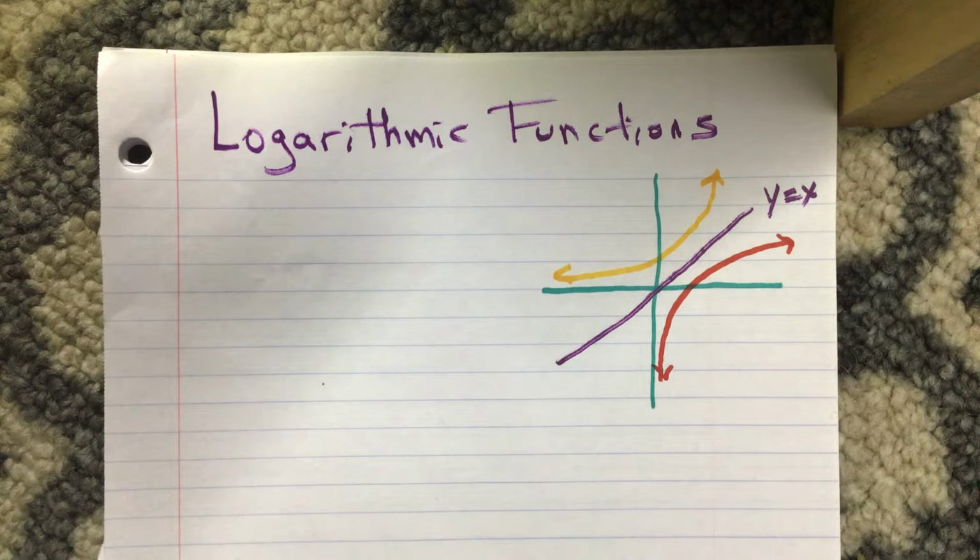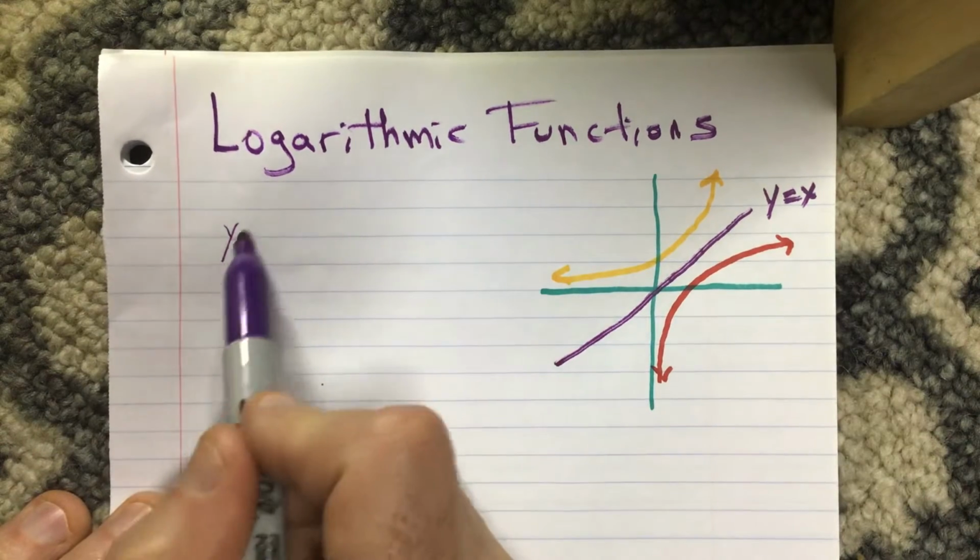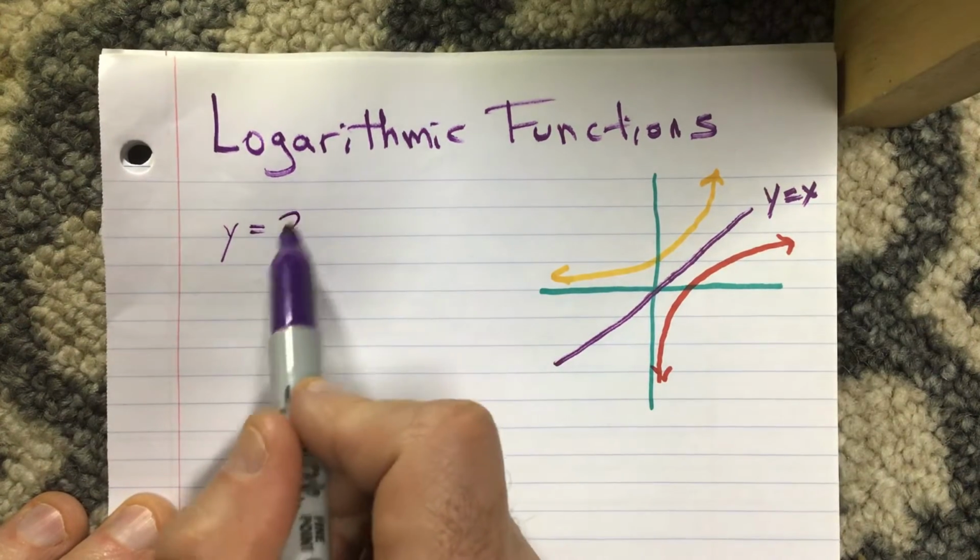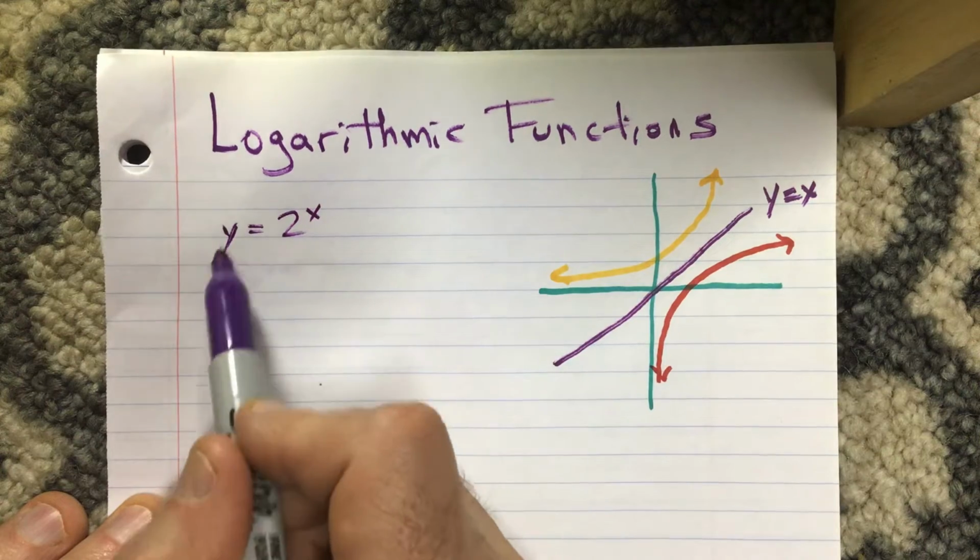how to find it. We switch the x and the y, and then we solve for y, and that's how you get an inverse function, which is always the mirror image over the line y equals x. So I made that video first, and now I want to talk about logarithmic functions, which are the inverse of exponential functions. If you had an exponential function like y equals 2 to the x, and this would be